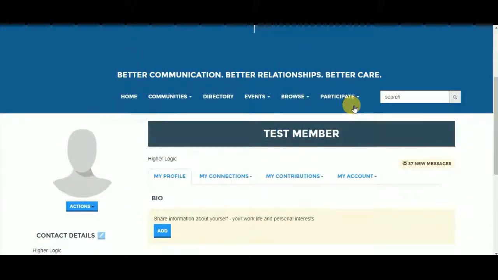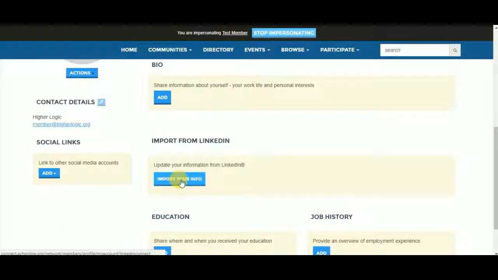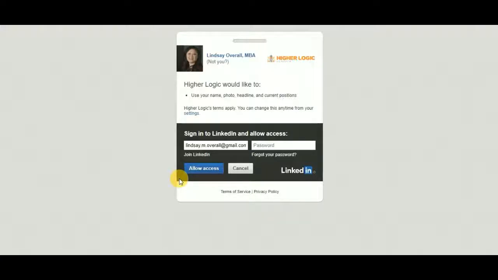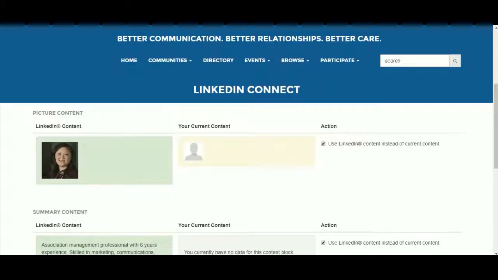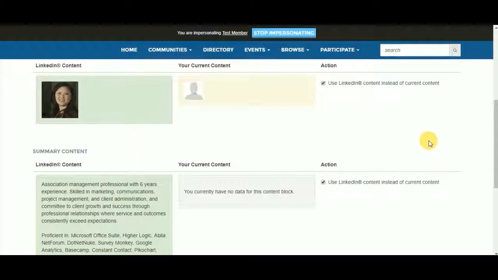One way to populate part of your profile automatically is to import your info from LinkedIn. Simply click the Import Your Info button. You'll then be asked to log into your account. Your existing LinkedIn content will appear on the left side of the page. On the right side of the screen, you can then select which pieces of information you want to carry over